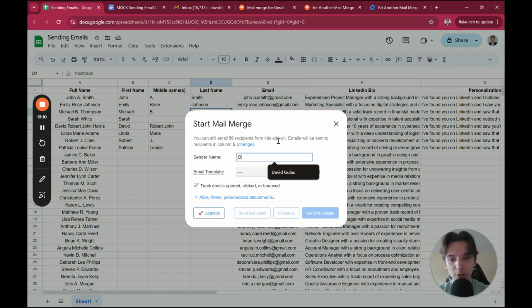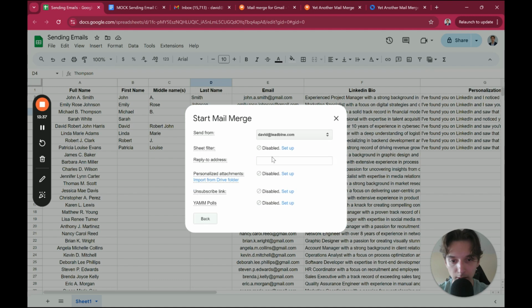Choose a name, David Gulas. As you see, again, something I mentioned, it automatically finds the column with emails. So emails will be sent to recipients in column E, which is correct, as you see. Email template, you choose the template, and yeah,